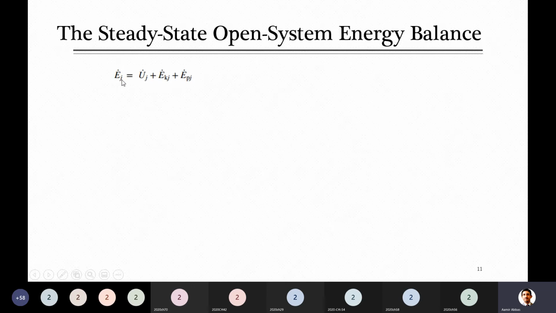So for any stream, this energy term E, we also discussed in the closed system, is equal to U plus kinetic energy plus potential energy. And if you want to write it in the form of rate, because I'm repeating this again and again since some of you are many times confused on very small points, here it is written with a dot because it is dealing with flow rates, the flow rate of mass. So this will be kinetic energy per unit time, potential energy per unit time, and internal energy per unit time. Due to this reason, overall it is per unit time.